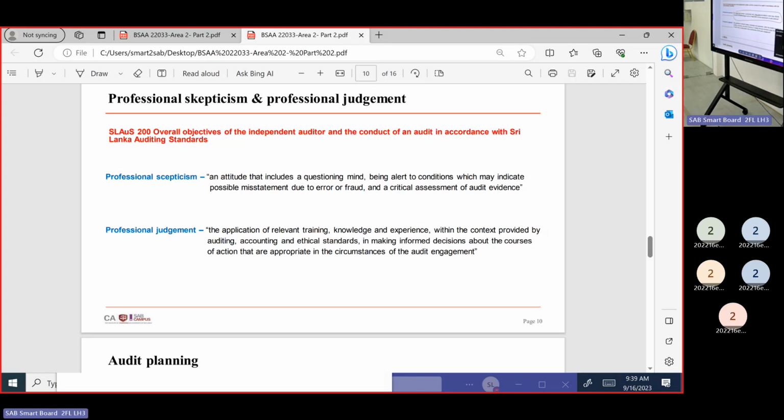A question should be asked by the auditor. As I said on the first day, if you ask about the difference between the electricity expense last year and this year, how are you going to ask? There's a variation of about 50%. Asking what the reason is, that is not the way to ask. So how should we ask? How can we use professional skepticism? We can see a difference of 50%.